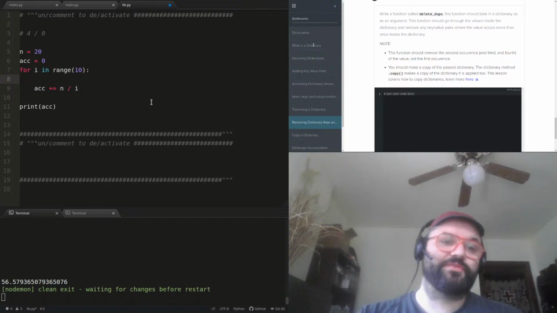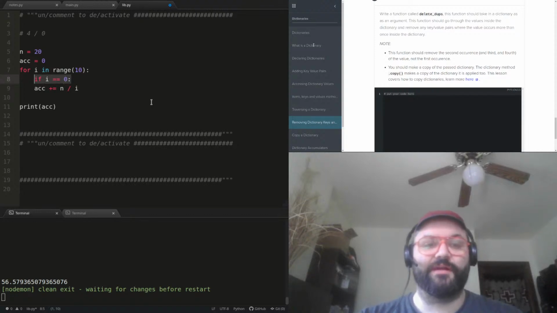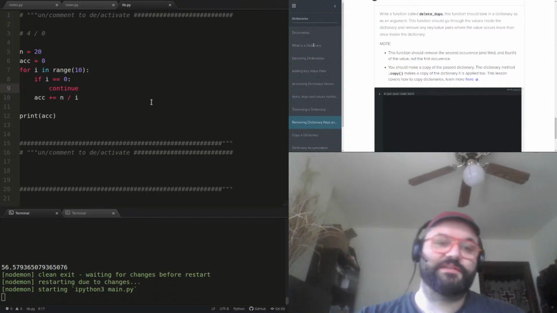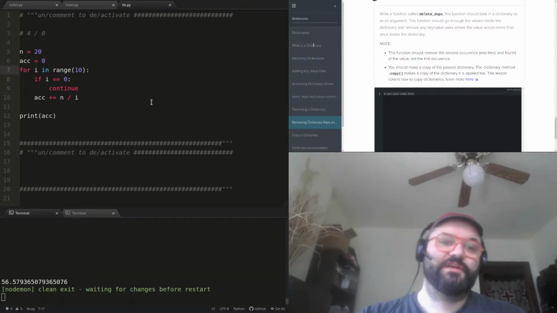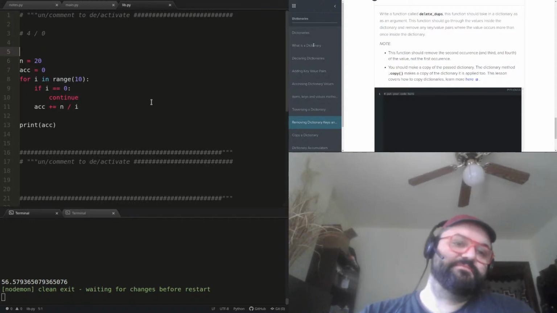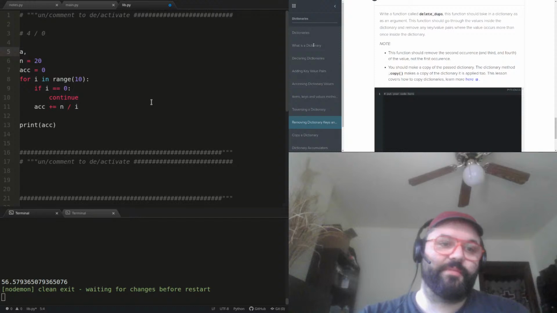Another way around this would be to say if i equals 0, this is the condition that I know is going to throw an error, then continue. We could continue, and that's just going to skip that iteration. Maybe I wanted to have an upper and a lower bound.